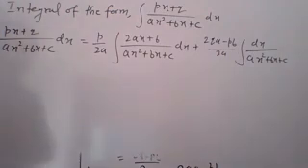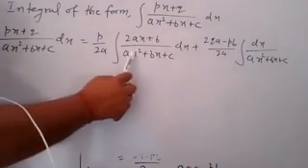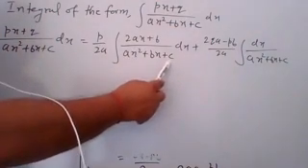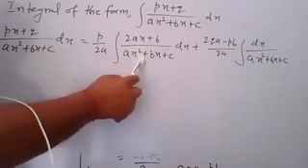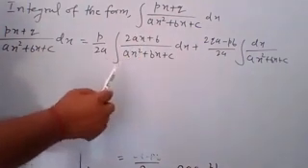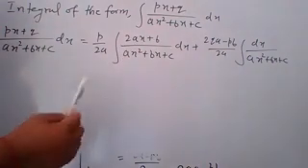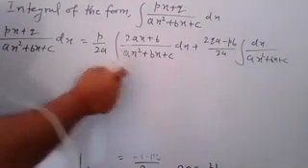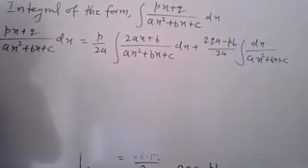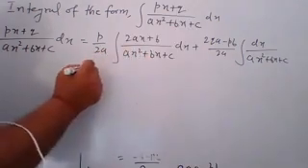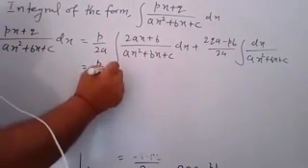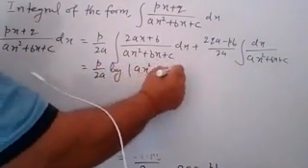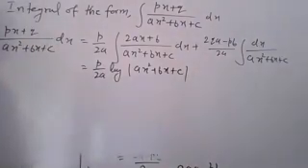Now just see the first one. Here your denominator is ax square plus bx plus c, and in the numerator is exactly the derivative of that. Clear? So this is in the form of the integration of f dash x upon f x. So you write its value directly. What is that? Log of the denominator. So you write p upon 2a into log of ax square plus bx plus c. You can write it directly.